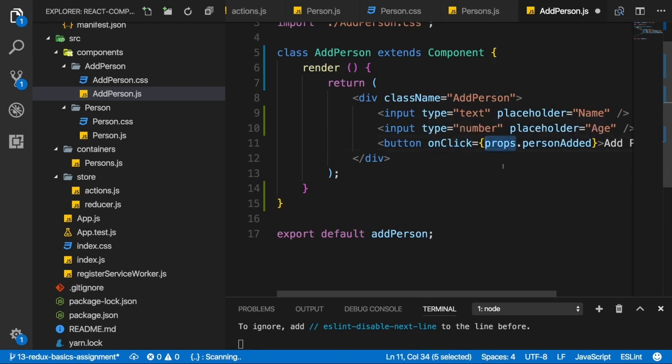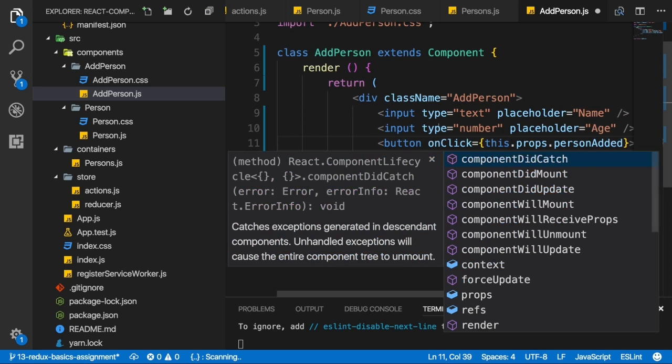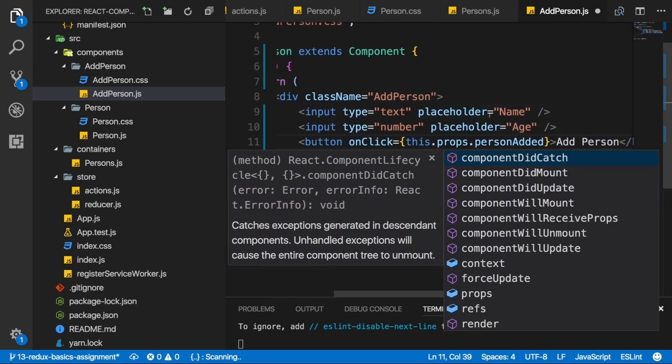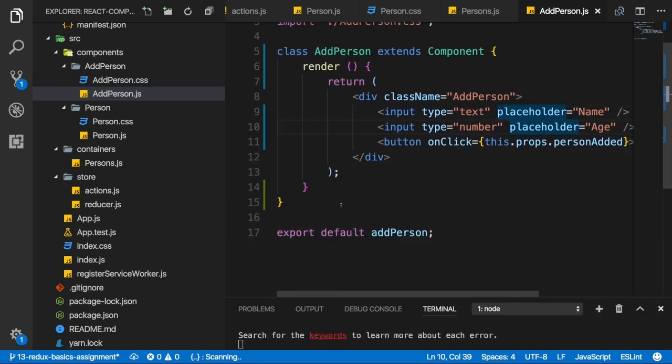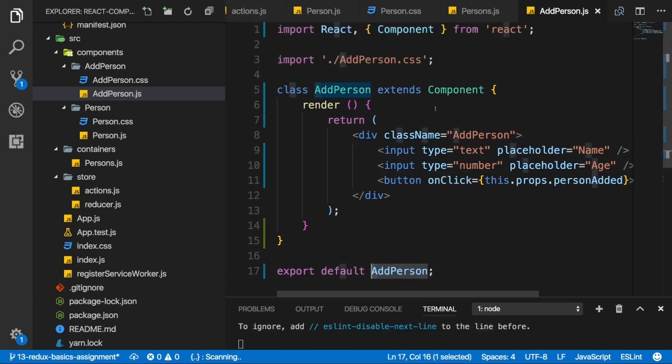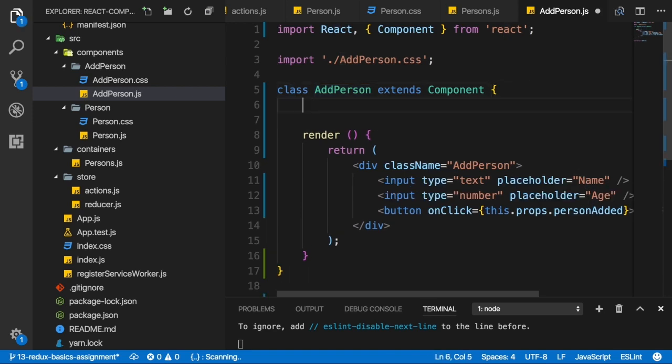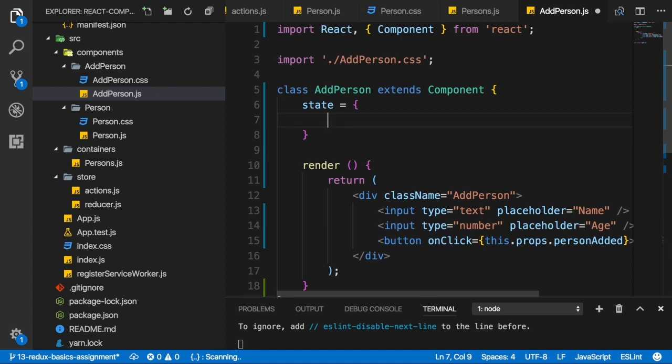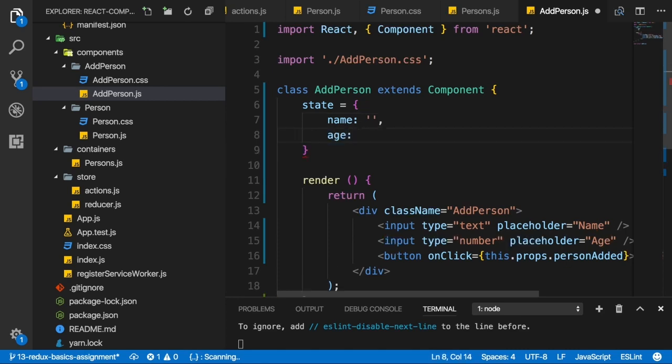Props now becomes this.props though, because we're inside a class. So thus far, this should work as before. Well, we also need to adjust the export here to capitalize the A. So this should work as before. Now I can set up the local UI state, so the same state we used before in the entire course. And there I'll have my name, which is an empty string, let's say initially, and my age, which could be